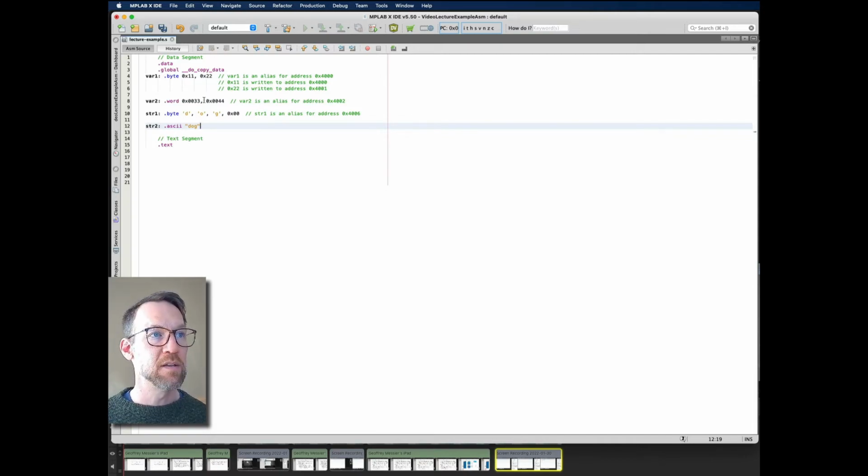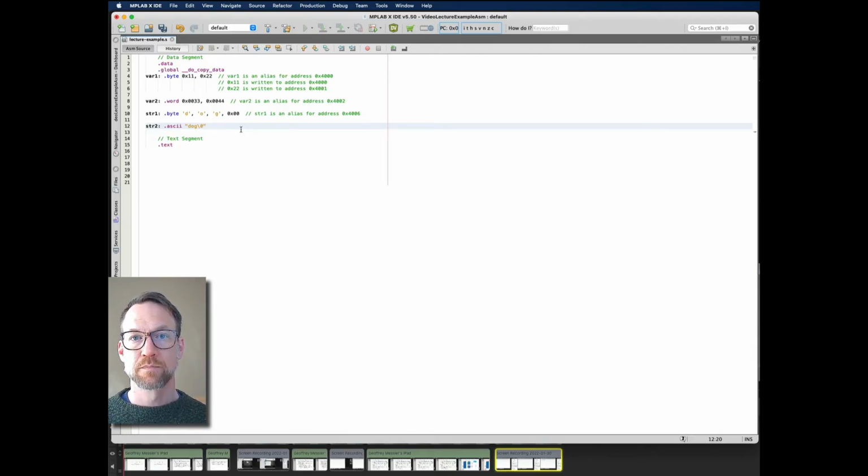And this will write dog in ascending bytes in memory. However, it isn't smart enough to automatically put in a null terminating character. So the way that you do that is you go \0, and that makes sure that it terminates with a